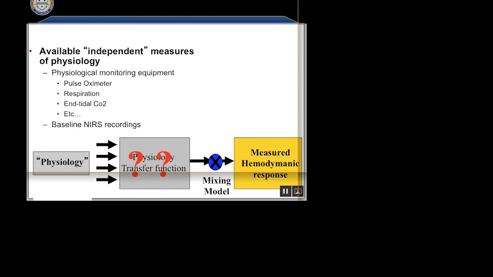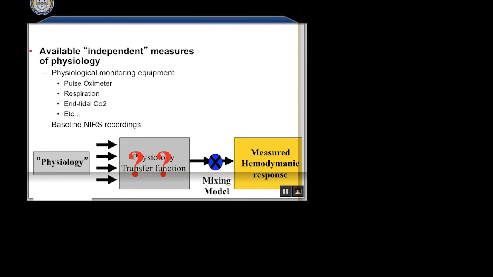Another way that people try to remove physiology. That was a motion correction slide. I'm going to finish the physiology and then come back to motion. Another way people try to deal with the physiology is to externally record it. So say I have a subject, I can put a pulse oximeter, I can put a respiratory belt, I can maybe even put a non-invasive, beat-to-beat blood pressure on there, and I can remeasure some of this physiology. And so the idea is that knowing that external physiology, I can then design a filter to remove it